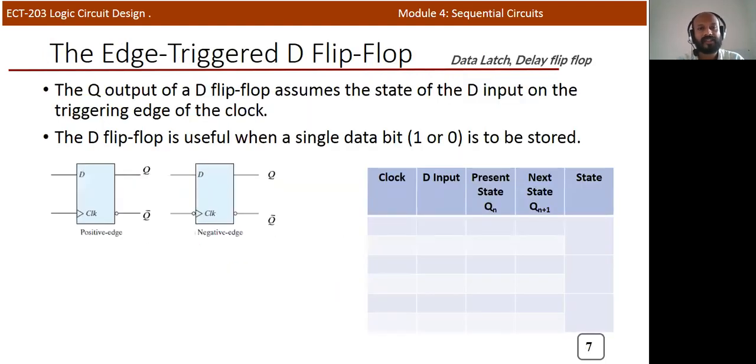Now we will discuss the first one, edge triggered D flip-flops. Okay, and other names for D are delay flip-flop or data flip-flop. So that's why D is used for this flip-flop. Okay, this is one of the flip-flops. A very simple term is D flip-flop. Another version of this D flip-flop is known as a D latch. Okay, that we will discuss later. And delay flip-flop, or we can also call it data flip-flop. Okay, that's why the first letter D is used.